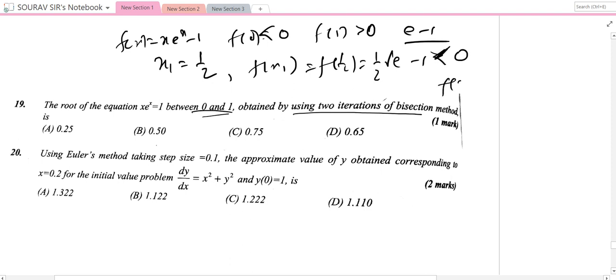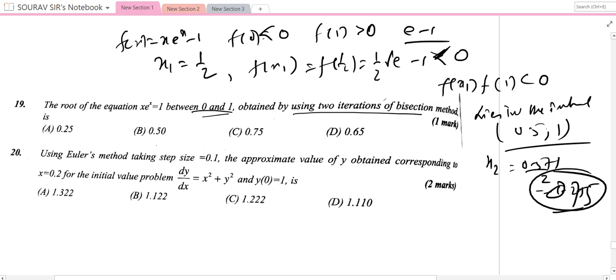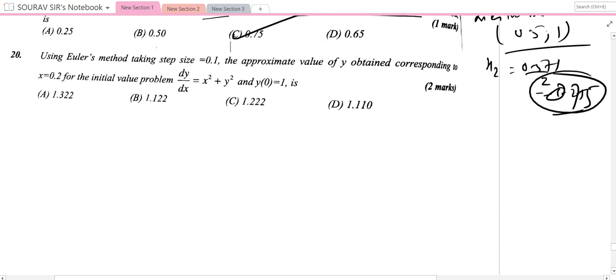So f of x1 into f of 1 is less than 0. So hence the root lies in the interval 0.5 to 1. Okay. So x2 will be the next part, 0.5 plus 1 by 2. Sorry, 1.5, so 0.75. So answer is C. Now using Euler's method, taking step size 0.1, the approximate value of y